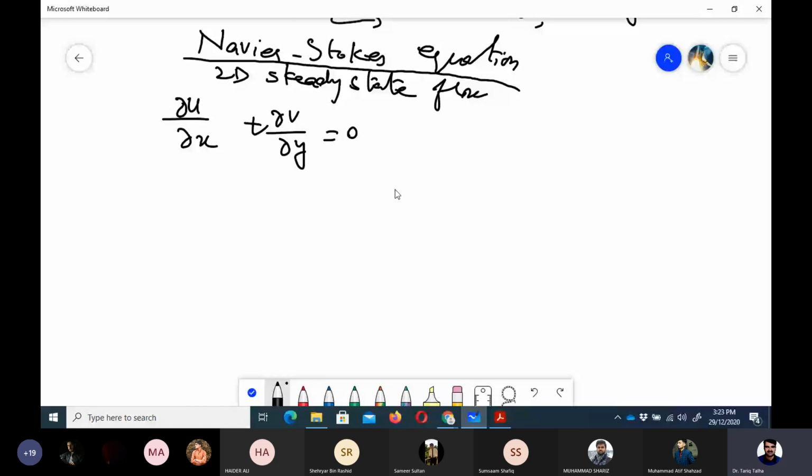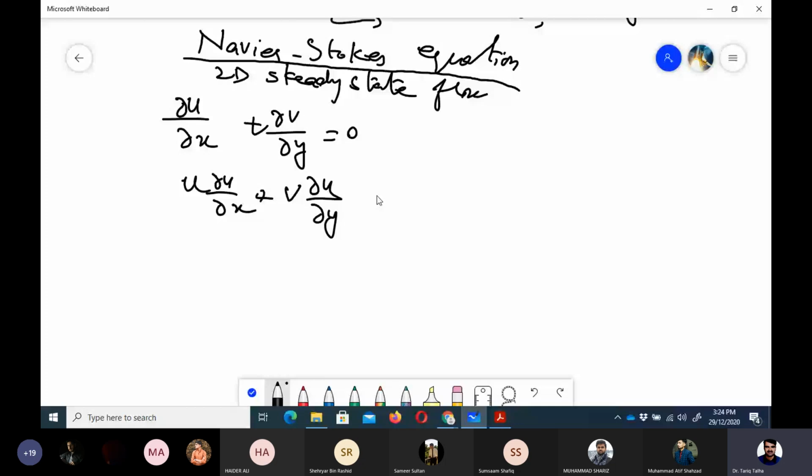And then we have the u momentum equation, or we also call it the x momentum equation, that is equal to partial u by partial x plus u into partial, sorry, I made a mistake here, plus v into partial u upon partial y,